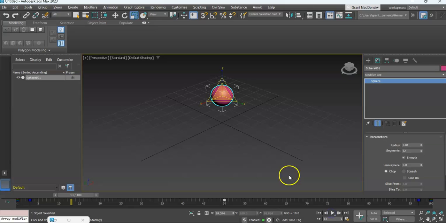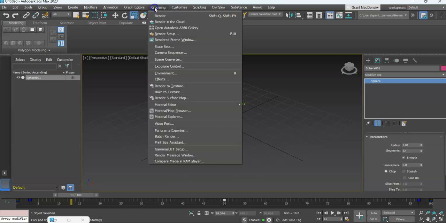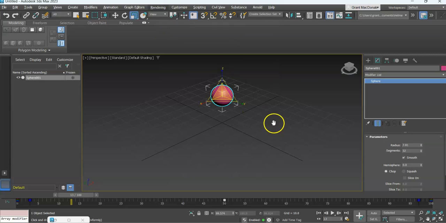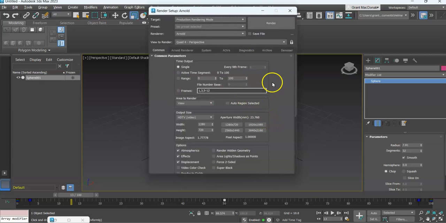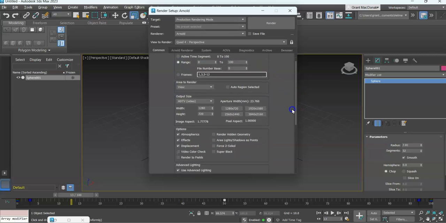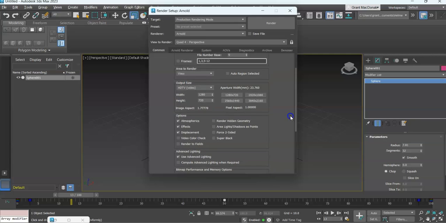Now, rendering these is a little bit different too. If we go into the render menu, we need to do a bit of a change to our render setup. So I'll click that, and you'll see here that in the render setup menu, up until now we've just been doing a single screen. What we really want to do is to render the range from 0 to 100 frames, or just the active time sequence would work as well, but I'll just click there. Okay, now it will do 100 frames, one after the other,